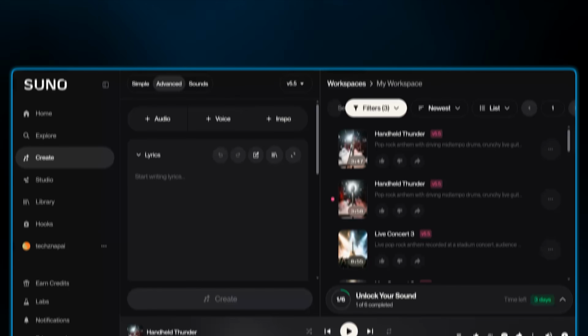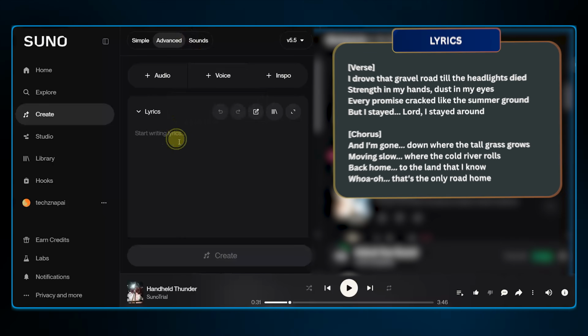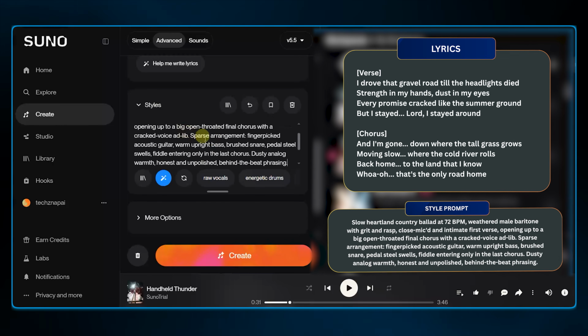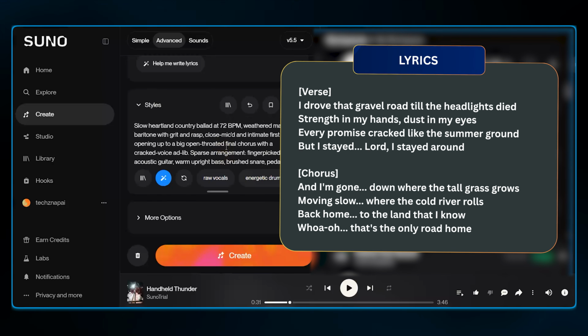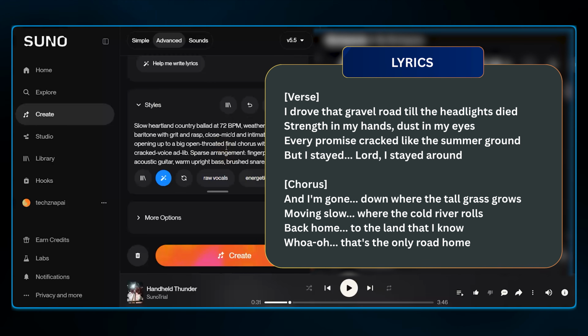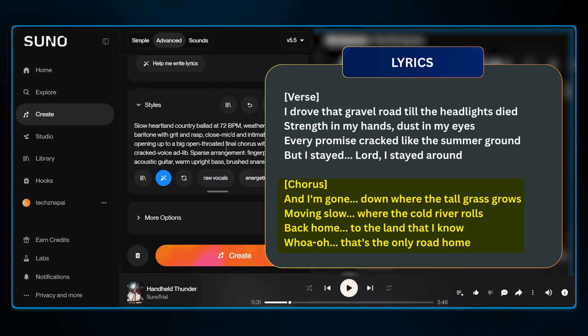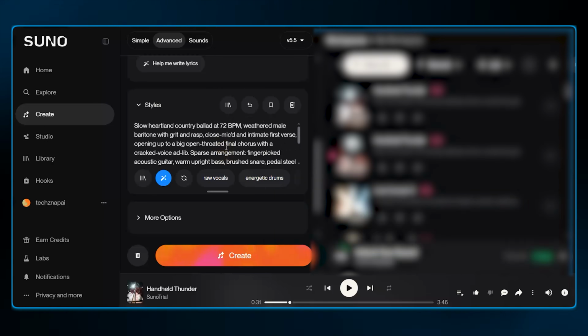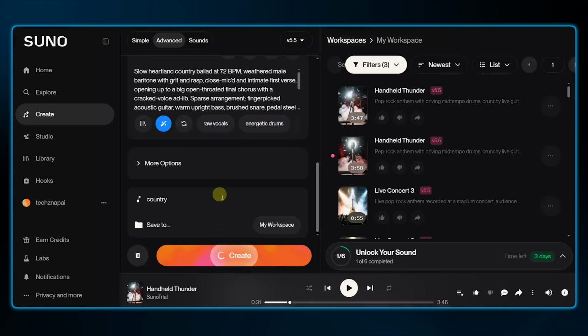First up, I'm gonna head over to Suno AI to its Create section. I'm gonna paste in some lyrics I have, and here's the prompt I'm using. As you can see, this prompt is deliberately made to be cruel. The mix is set to sparse, so there's nothing for the model to hide behind. And the quiet to loud arc forces it to actually perform, rather than just get louder. Okay. Lyrics in, style in. Let's keep everything else default, and hit create.